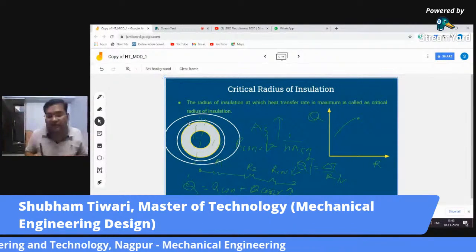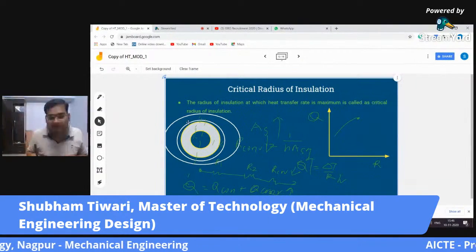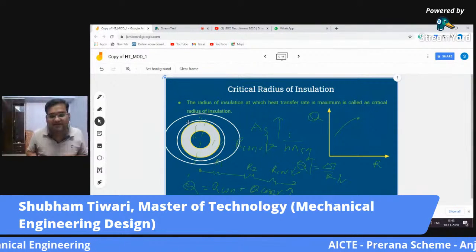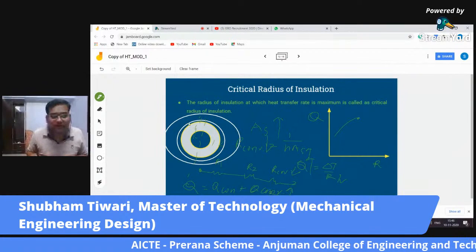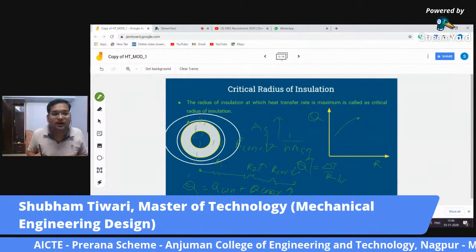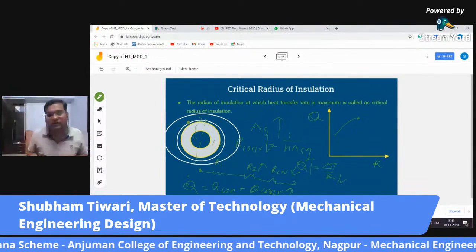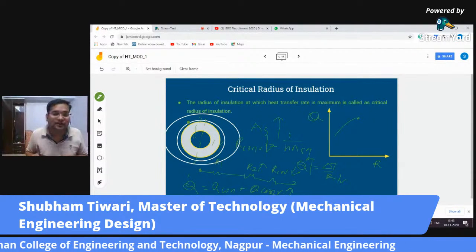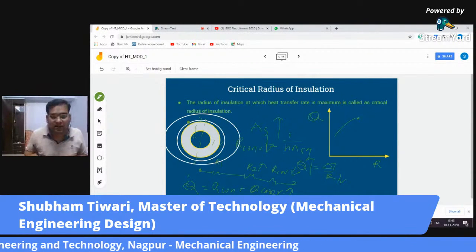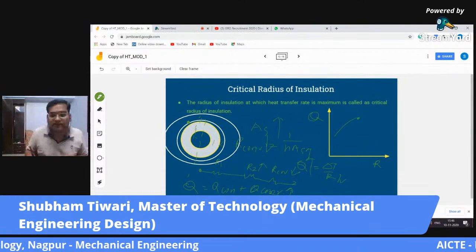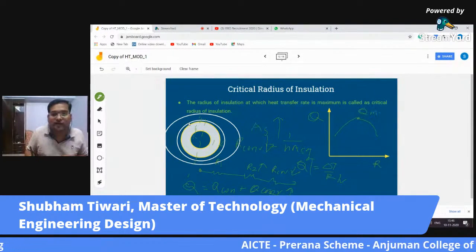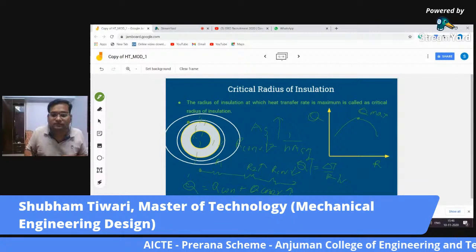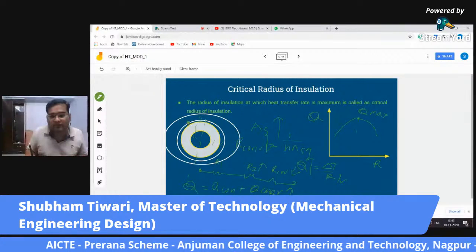This is an insulating material. So even though convection has decreased, the thickness has automatically increased its conduction resistance. So after that, if we go on increasing, its heat transfer rate keeps falling. So at this point, it was maximum, and this point is known as